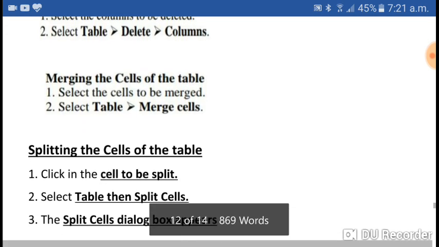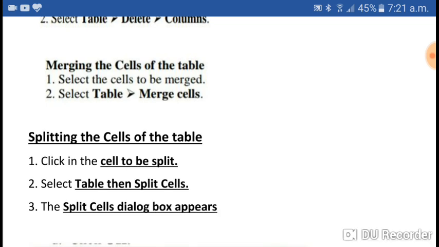Now merging the cells of the table, and then we will discuss splitting the cells of the table. Merging, very simple. Select the cells to be merged. You want to merge 2 cells, you want to merge 10 cells, you want to merge 30, 50 cells.